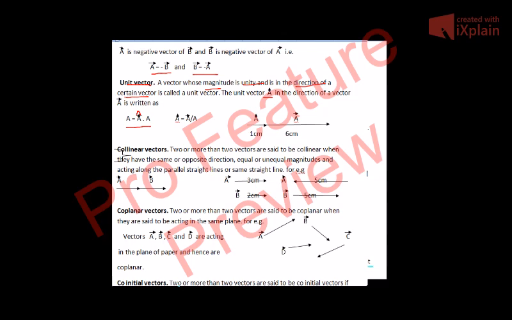This is A having an arrow. Vector A is equal to unit vector A times the magnitude of A. So A is a vector. It is equal to the product of the unit vector and the magnitude of vector A. Or unit vector A is equal to vector A divided by the magnitude of A.